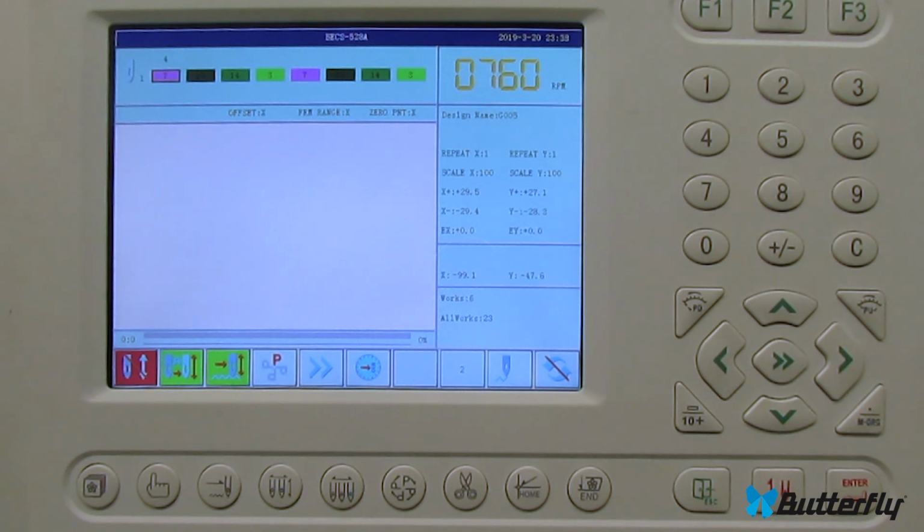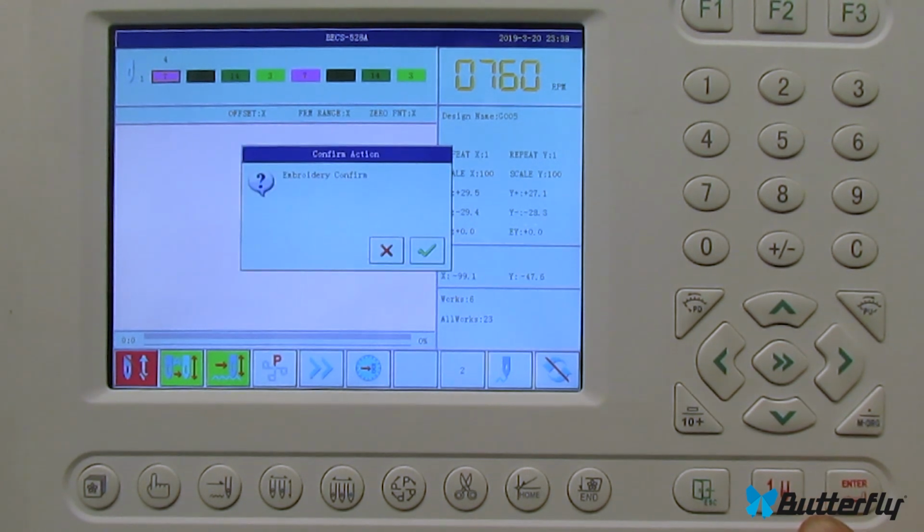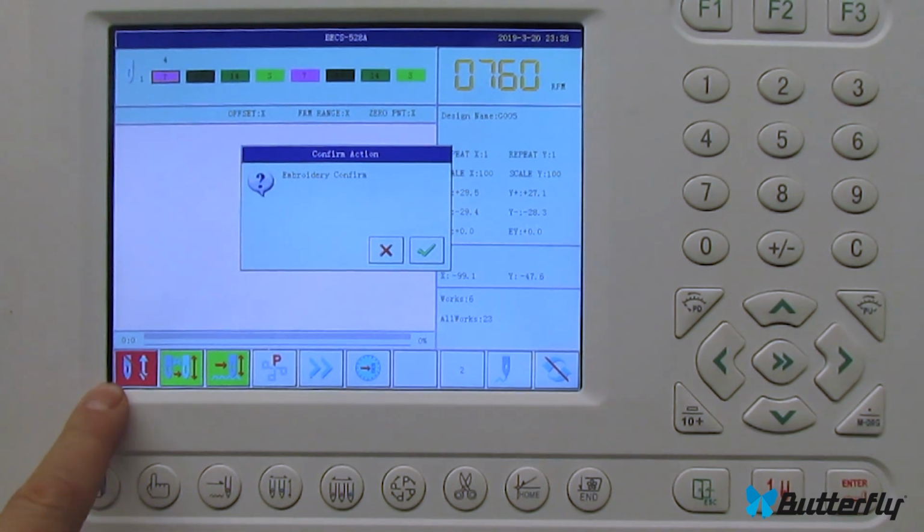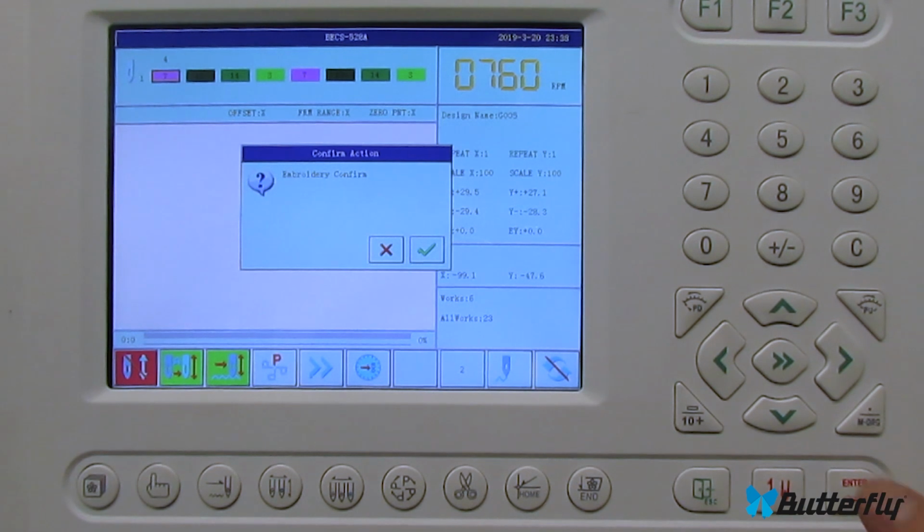The next and final step after everything that we've done in these steps is put the machine in embroidery confirm. That's this button right here. And basically you're telling the machine that you have done all your settings, you've gone through everything that you need to do, you're prepared and ready to run the machine. So we got to turn this square green, hit enter,